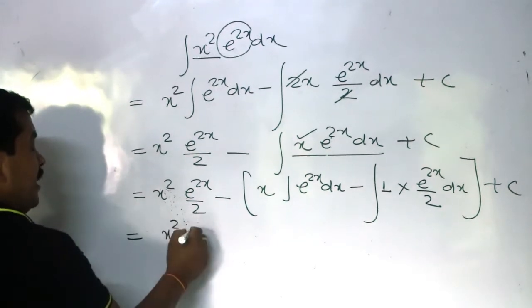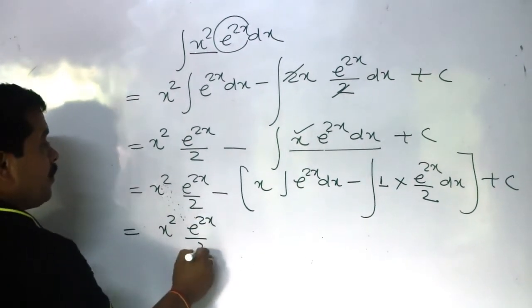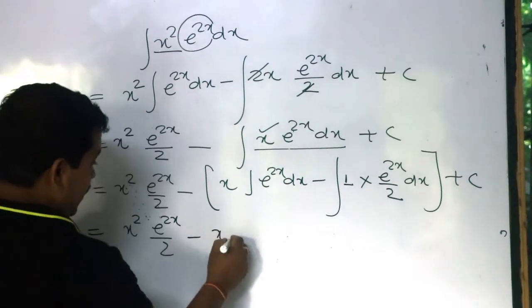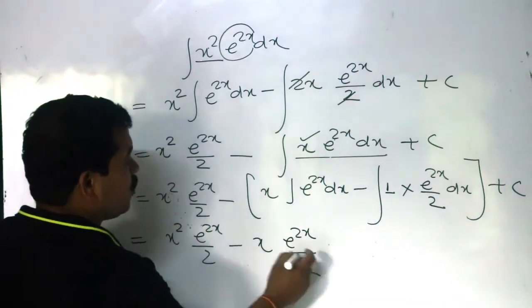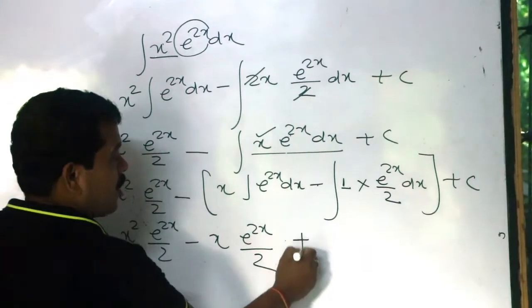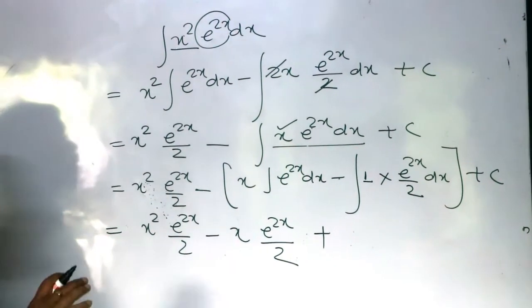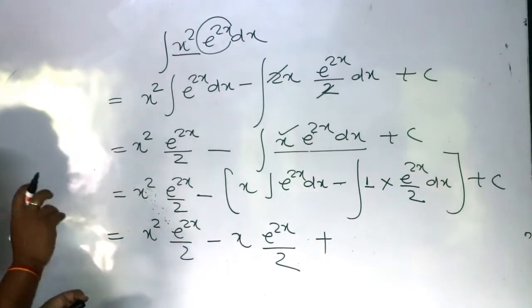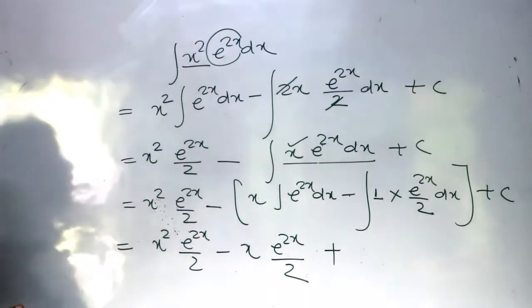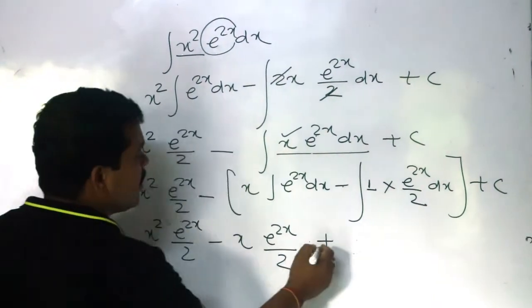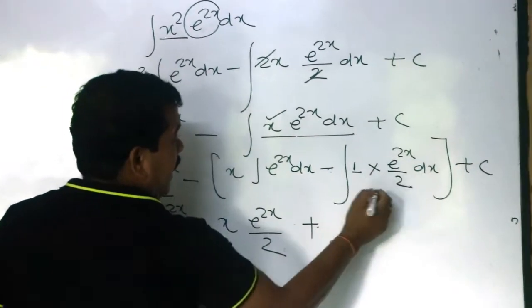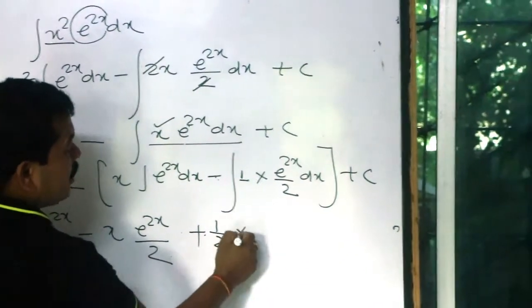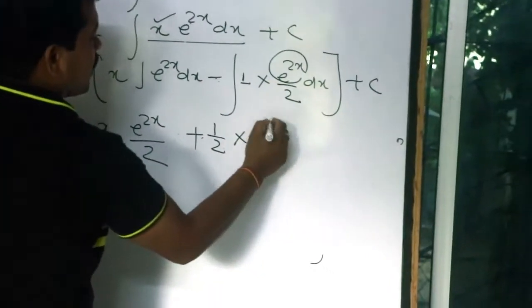Then x square e to the power 2x by 2 minus x into e to the power 2x by 2, minus minus plus. Carefully we open the bracket, otherwise there is a problem for plus and minus symbols, and half into integration of e to the power 2x is again